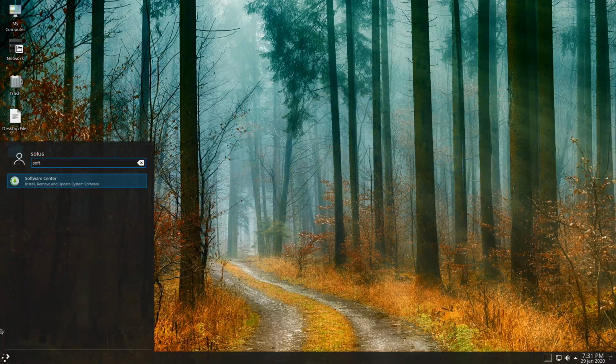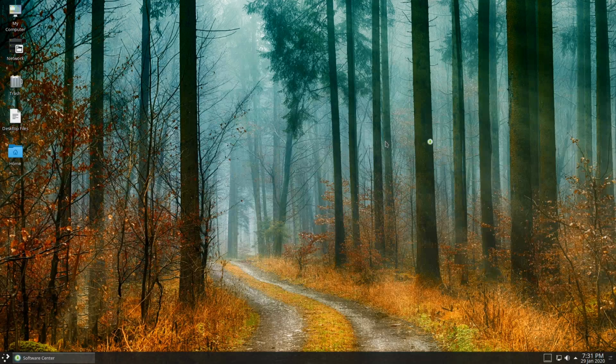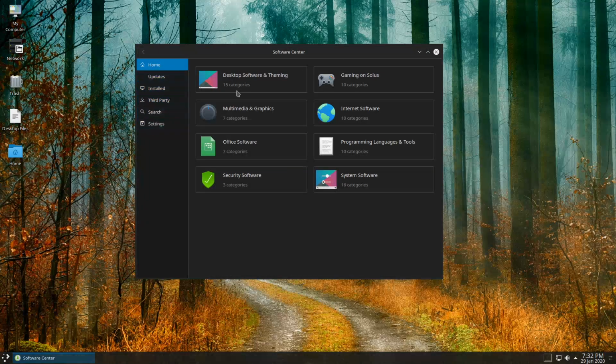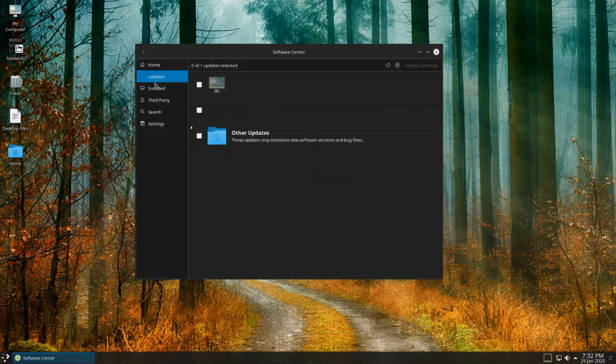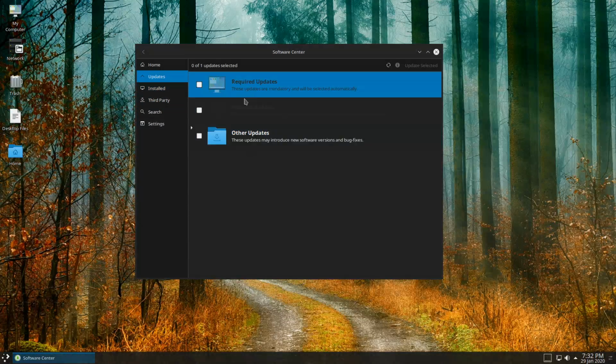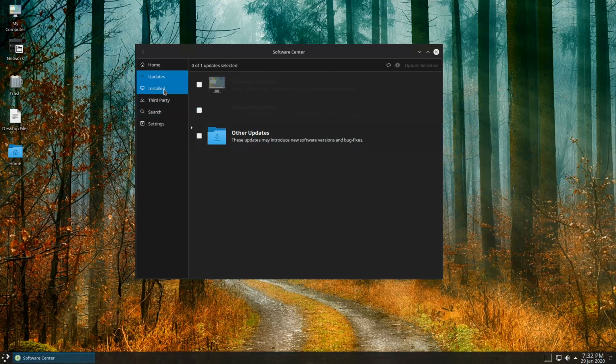Now, if you do not like Discover, but you want to use Plasma, this is another reason to go with Solus, because Solus does have its own software manager that frankly is very good. It's very nice. Here's all of the system updates, so any system updates are going to be listed over here. I can't remember if it gives us a pop-up on system updates or not.